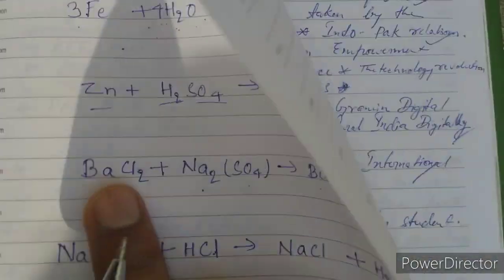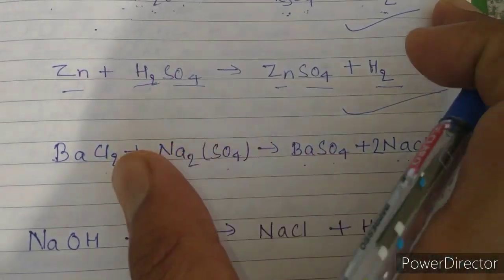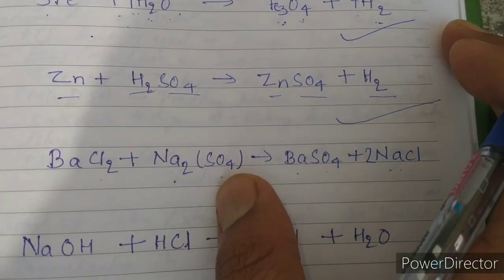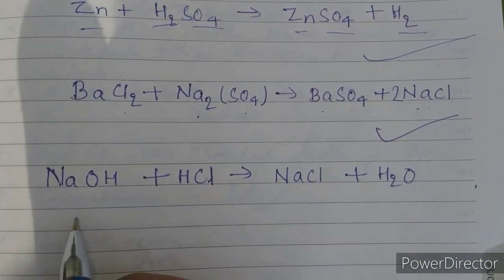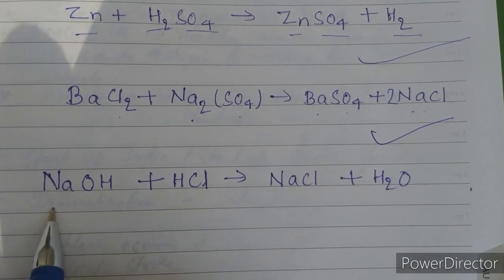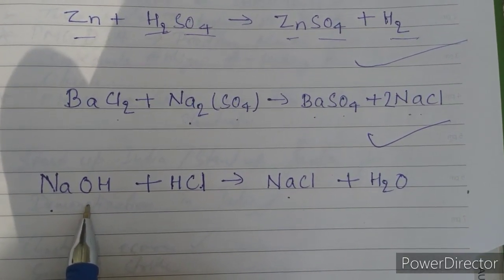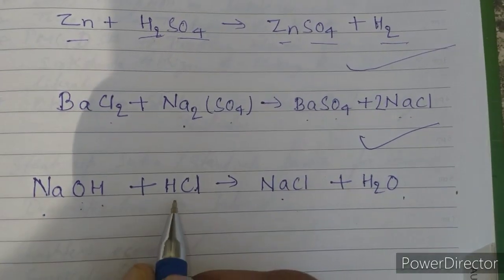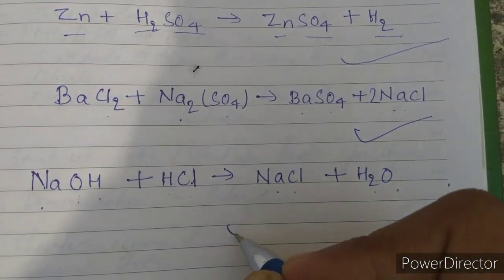Now you can recheck it. Barium 1, barium 1, chlorine 2, sodium 2, sulfate 1. So this is also balanced. Now see this question, which has also been asked in your in-text questions. Na 1, OH, let's think separately. O 1, hydrogen 1 here and 1 here, mixed 2, balanced. Cl and Cl, this is also balanced.